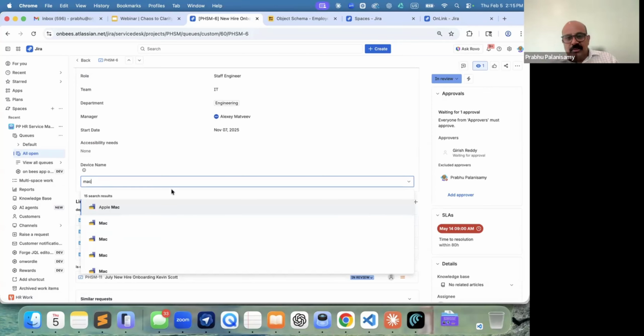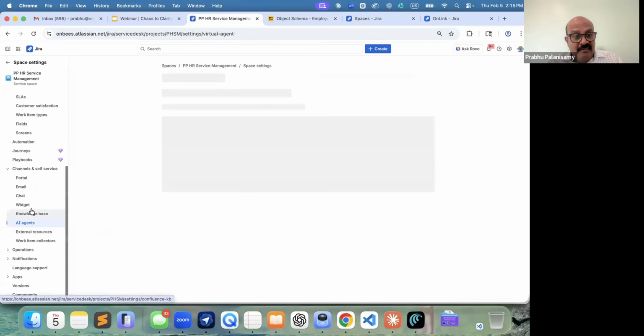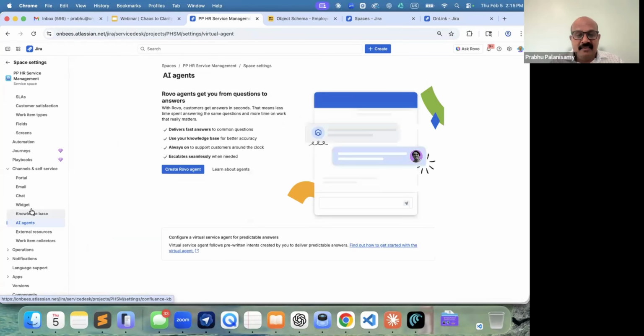Before I give it to Cassie, I will also highlight, obviously, in today's world, the use of AI, right? There is a lot of advancements happening. I will give a teaser of how Atlassian Rovo will help with HR service management use cases. Once you have Rovo enabled in your environment, for each project that you set up, you will have an option to create a Rovo agent. You create a Rovo agent,